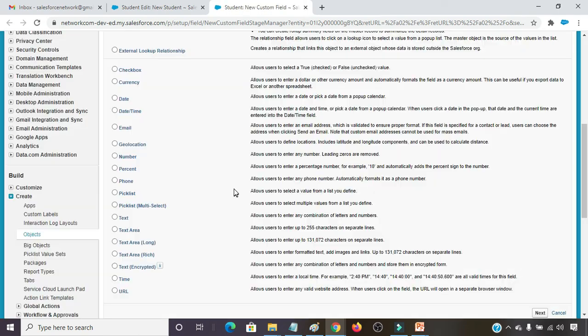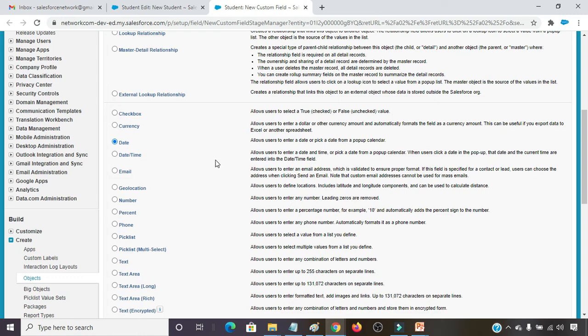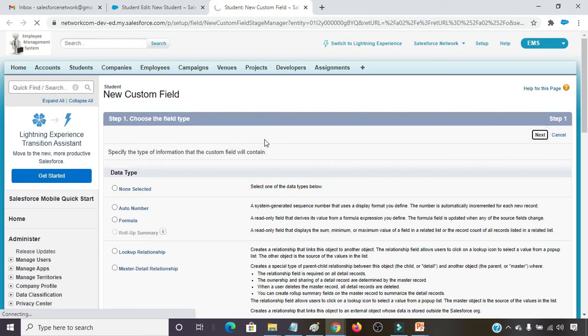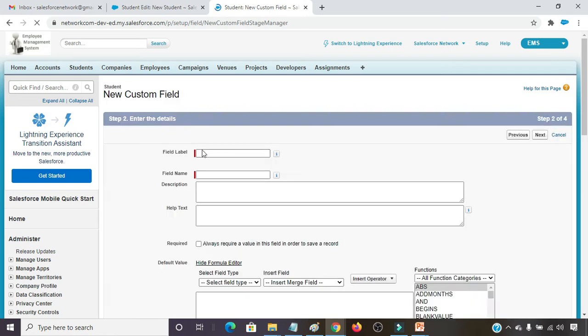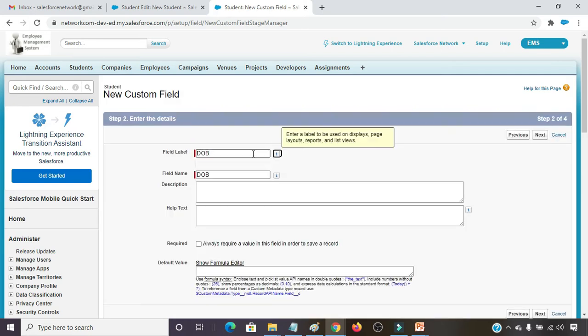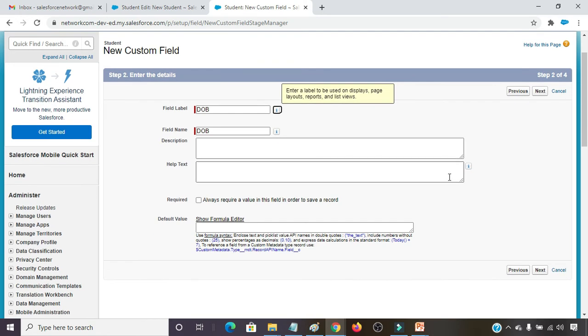Click on new. I have to create one field by the name date of birth. So I am taking the date data type and clicking on next. Field label is date of birth, DOB. Field name is date of birth.